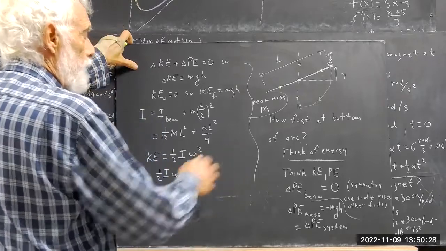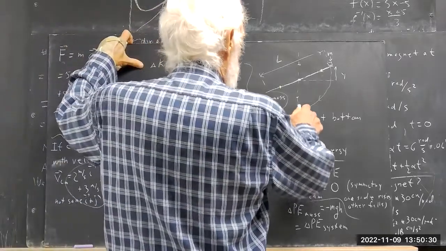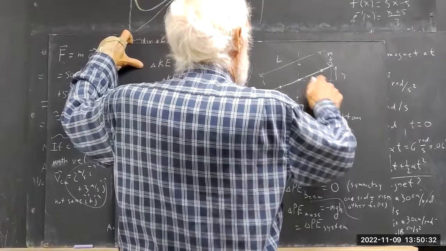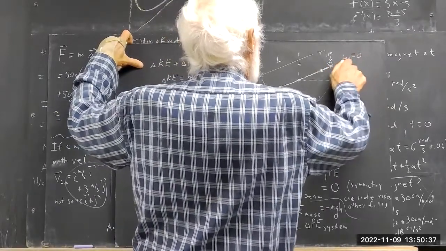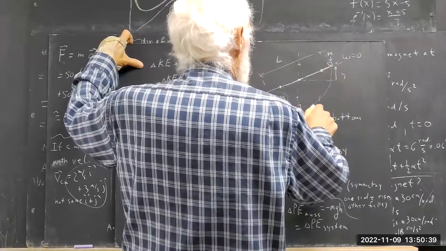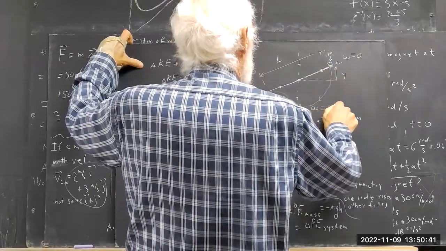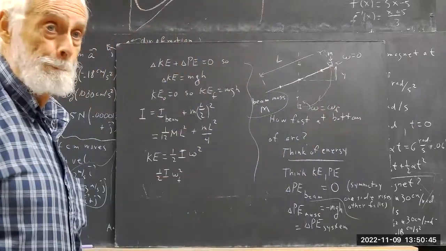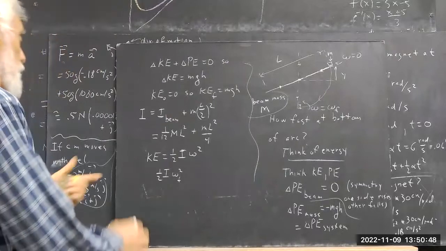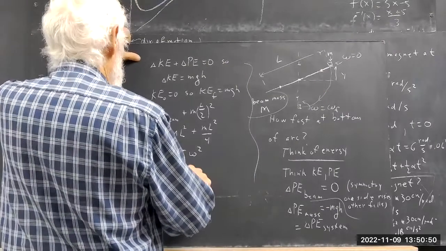So that omega F, the angular velocity here, omega equals 0 in this position. Omega equals omega F in this position, okay? So you have 1/2 I omega F squared equals